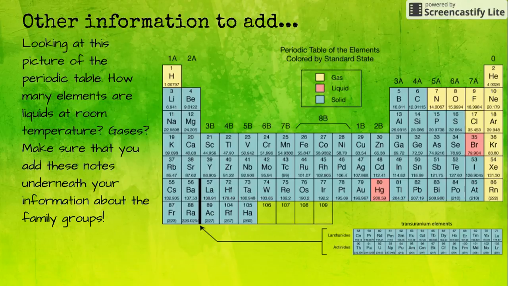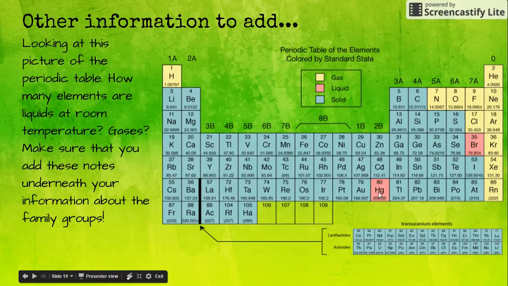So if you look at this picture right here, you see a lot of what color? All right, seriously, what color do you see a lot of? Blue, right? And our blue is a solid. So a majority of our elements on the periodic table are solids. All right. Then we have some gases, and then these two very special elements right here are liquids at room